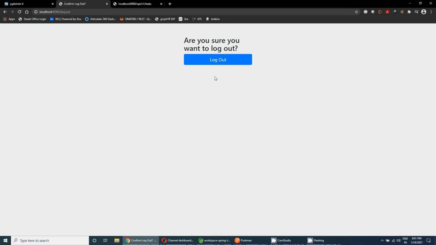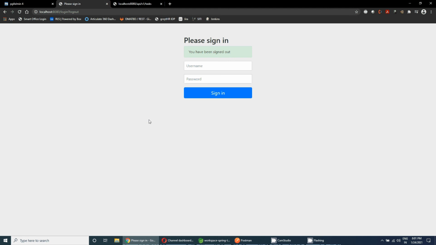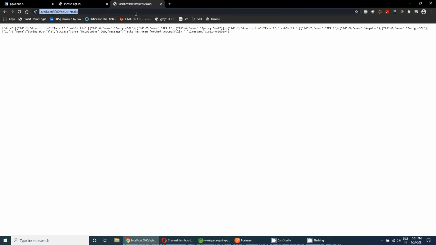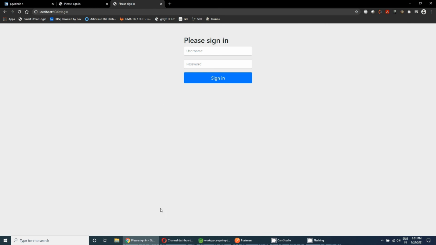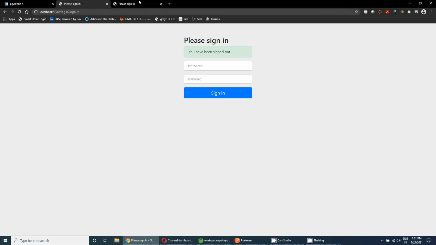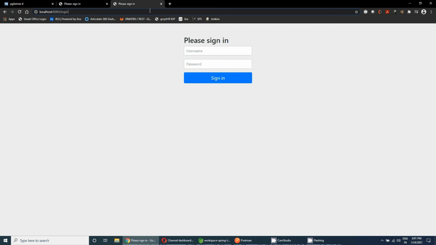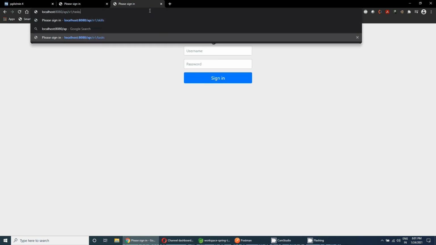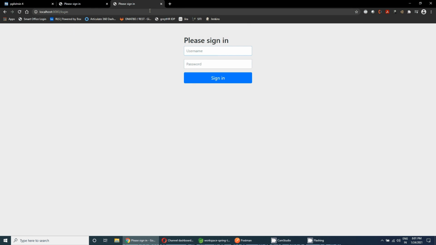So this is a basic API which is handled by the Spring Security default configuration, and if it asks whether you are sure you want to log out, just press logout, and the cookie or the old username and password which you were providing is gone. And now if you try to hit the API again, like suppose I am trying to hit the API for getting skills or tasks, it will again ask me for the username and password. This is because I have logged out, and after logging out, the session or the cookie has been removed.